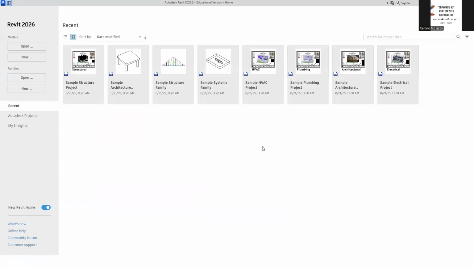So if you open Revit, you'll see familiar options here. So the recent drawings, Revit files. The file produced in Revit is RVT, .rvt. Okay. So you can open one or click on the recent drawings that you have opened or Revit files that you have opened, or you can create a new model.